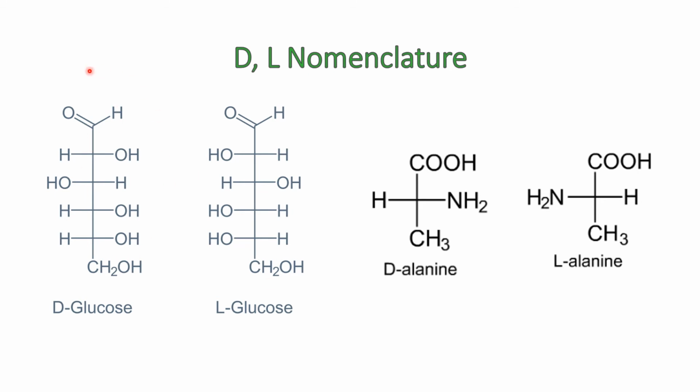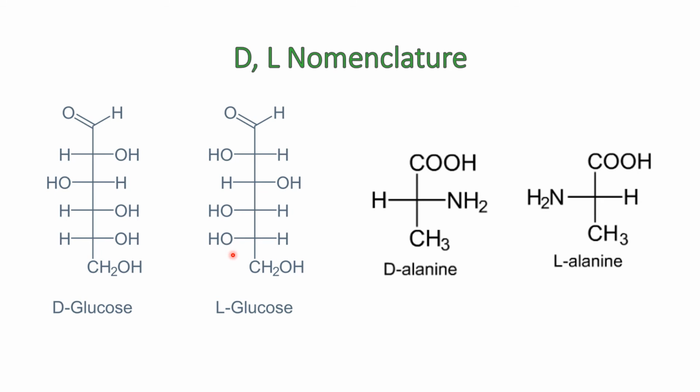So here, taking the example of glucose, to decide whether it is D or L, you need to simply observe all the chiral carbon atoms. In glucose, we have this first chiral carbon atom, this is the second, this is third, and this is fourth. For the last carbon atom, you need to see the position of the OH group. If the OH group is on the right hand side, it is called D. And if the OH group on the last chiral carbon atom is on the left hand side, it is called